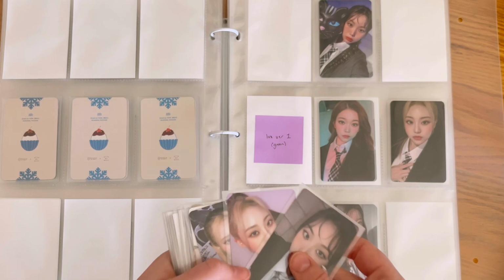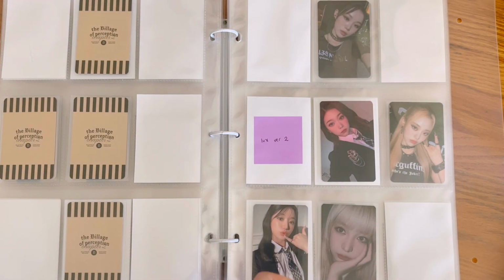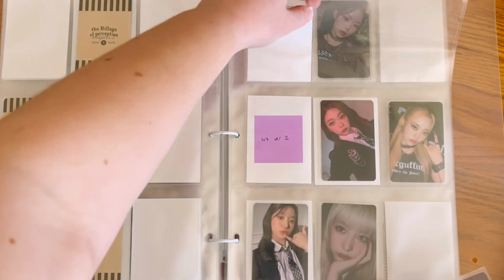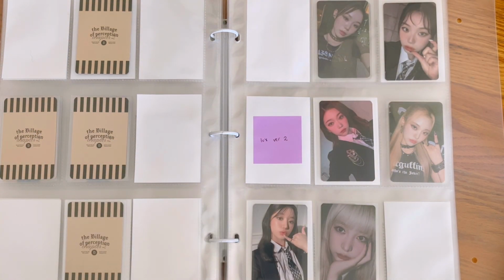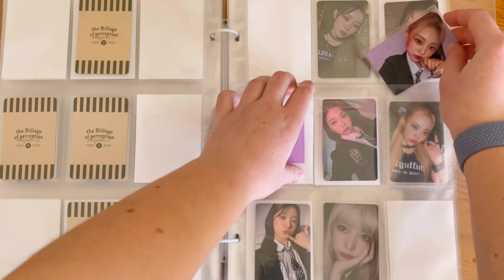Okay, so the first thing we need to do is go to the second Luke set. And the first card I have is Suhyun's other card, which is so cute. And then I also have Sheon's other card. Oh no,